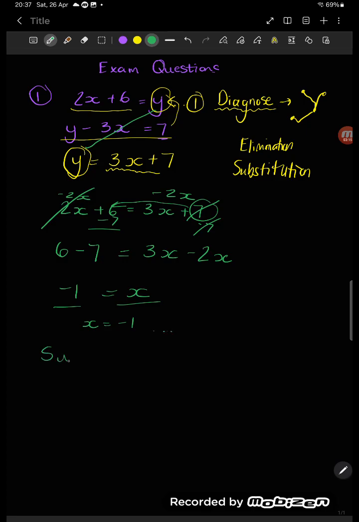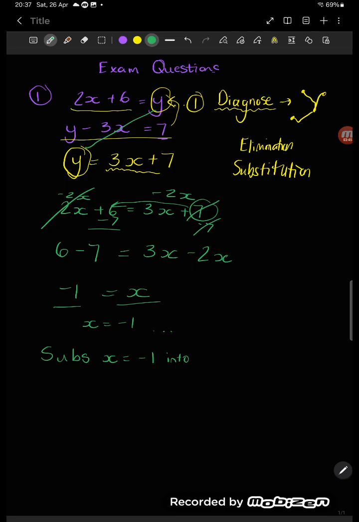So we're going to substitute, and always say what you're going to do. If you're going to add two equations, say it, because then your teacher who's marking it can follow your thought process, and it's much easier to mark and much easier to get all of your marks if she can follow your process. Okay, so we're going to substitute x is equal to minus 1 into,